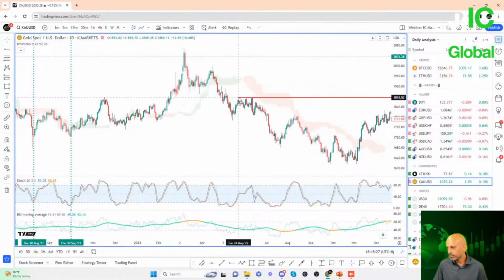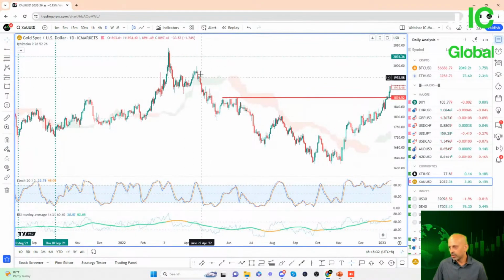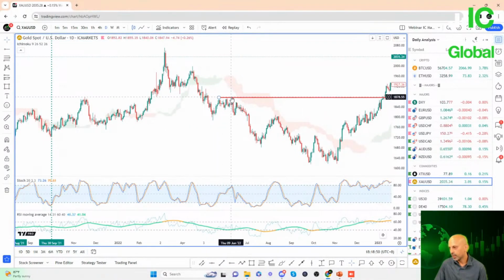So over here, we can see that as price was falling from about 1950 to as low as 1790, right? Then it consolidated for a while. This period here, there were no real swing trades to take advantage of. But as price came close to the bearish Ichimoku cloud, I mentioned that it can function as major resistance zones. So as price comes close to the bearish Ichimoku cloud, this is also where we can expect prices to run into resistance once more.